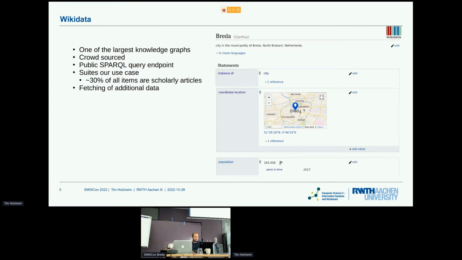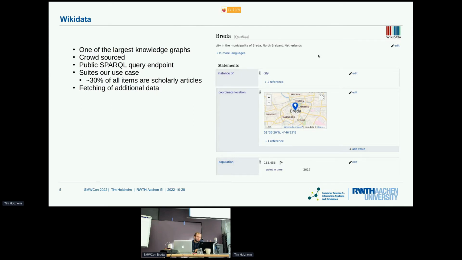And for example, if you matched your entity pages, for example, you have a page about Breda, then you can actually fetch additional data from Wikidata to show it in your wiki or to use it for additional queries. So for example, if you only have Breda, you can look up the coordinates, the population, and so on. And you have also a unique identifier with the QID. And also for